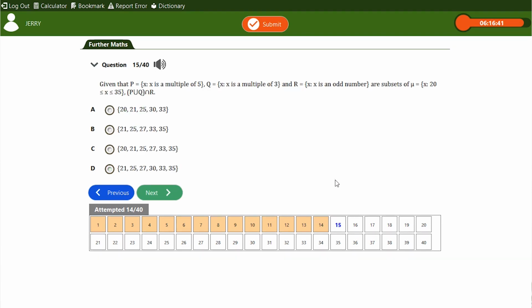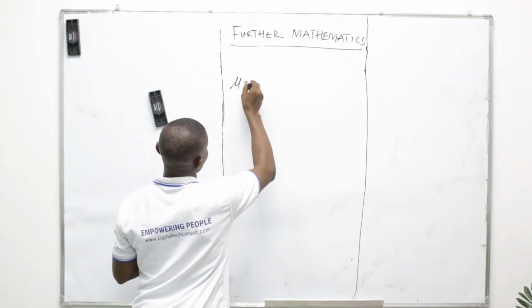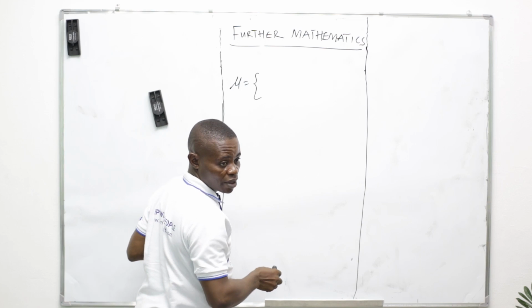Given that P equals {S is a multiple of 5}, Q equals {S is a multiple of 3}, and R is an odd number, are subsets of the universal set, S such that 20 is less than S less than 35. So let us first generate the universal set first, then begin to think about any other thing. The elements of this universal set are